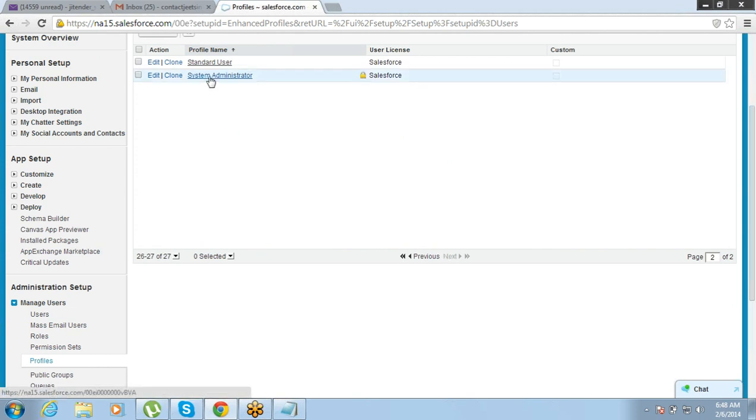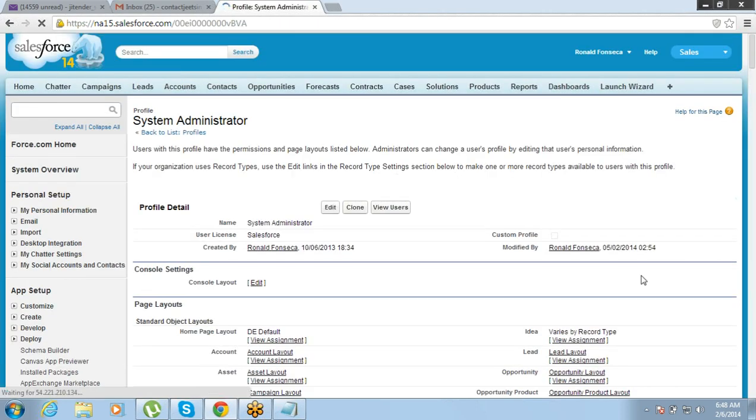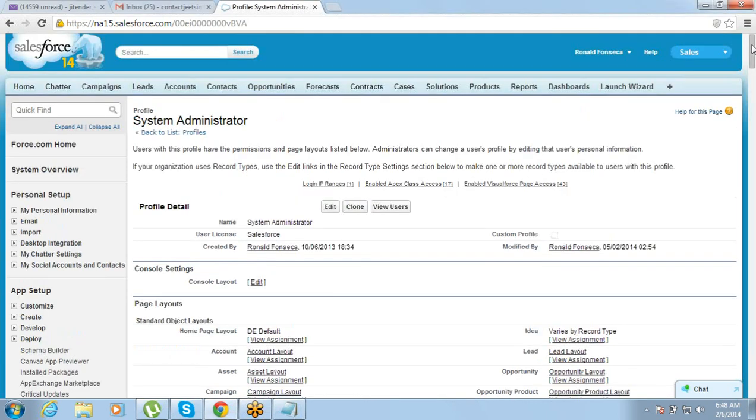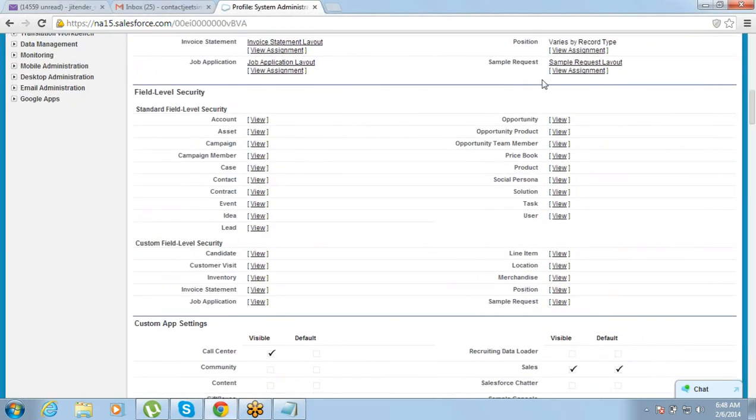Just go to that particular profile for which you want to change this, and if you scroll down a little, don't click on the edit button. Without clicking on the edit button, if you scroll down a little, you will find field level security.